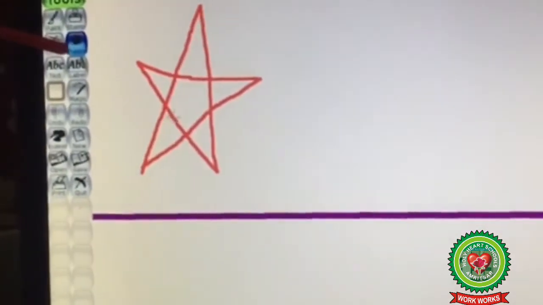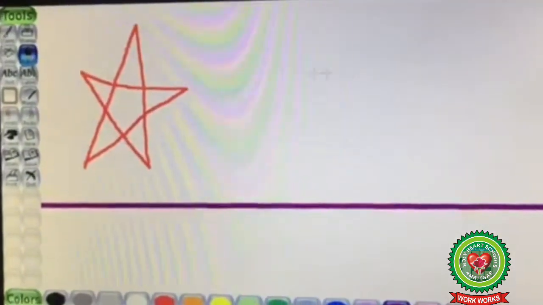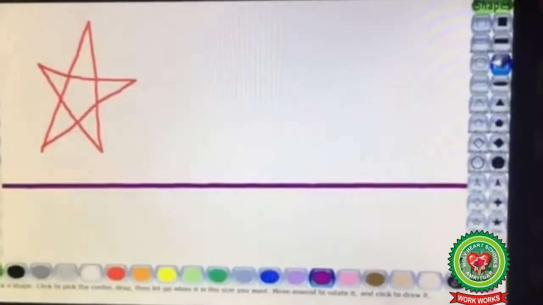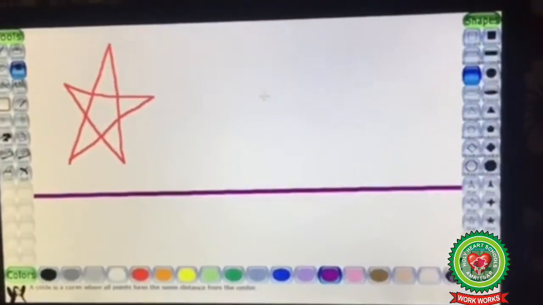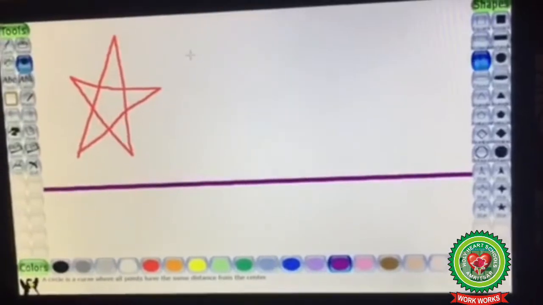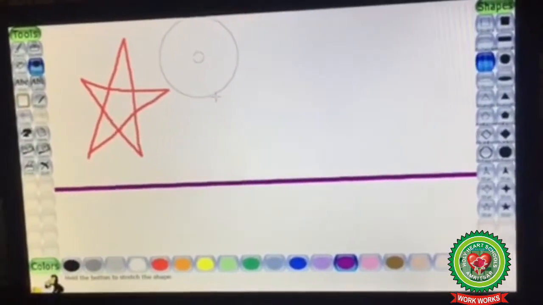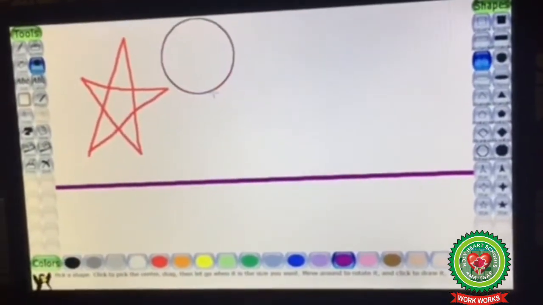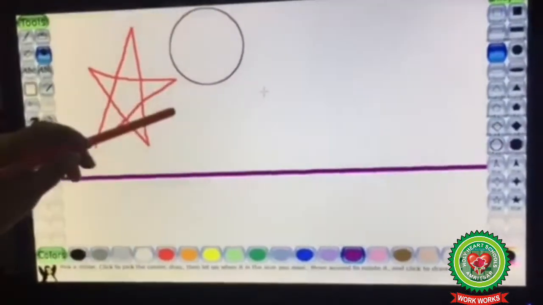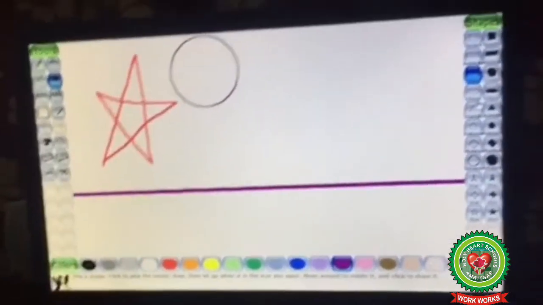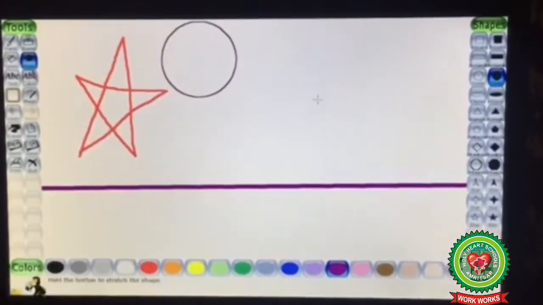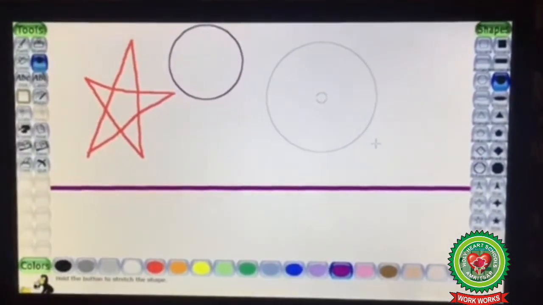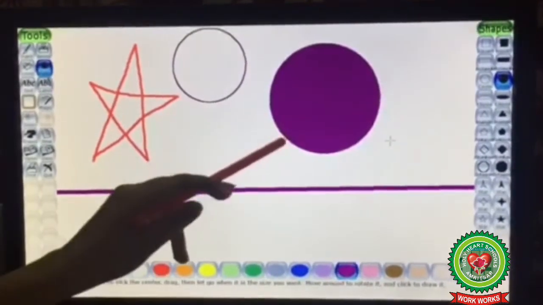Click on the Shapes tool from the Tools box. Now choose the shape from the option box, like I am choosing circle. Unfilled circle I have chosen. Hold and drag the mouse over the drawing area and see, this is our unfilled shape. Now we will make a filled shape. Hold and drag the mouse and see, this is the filled one.